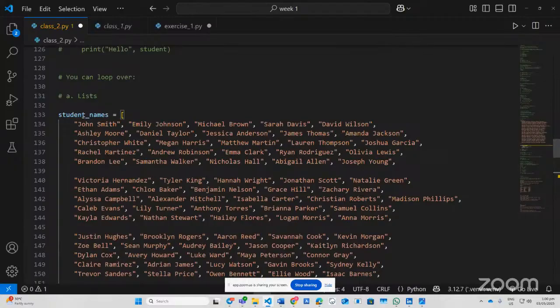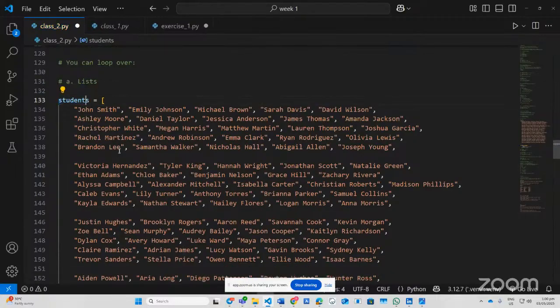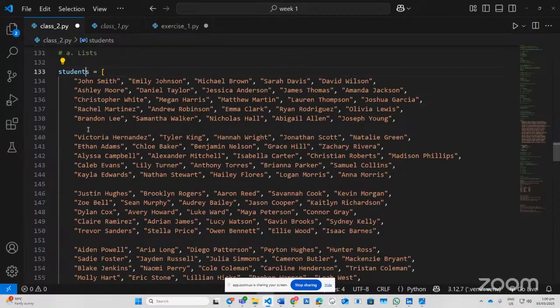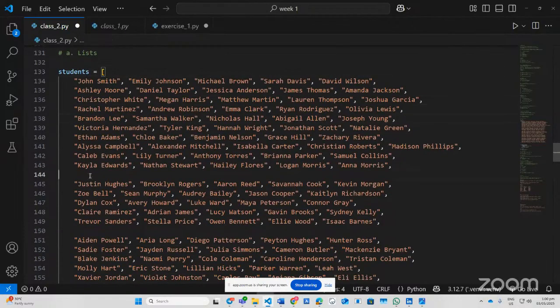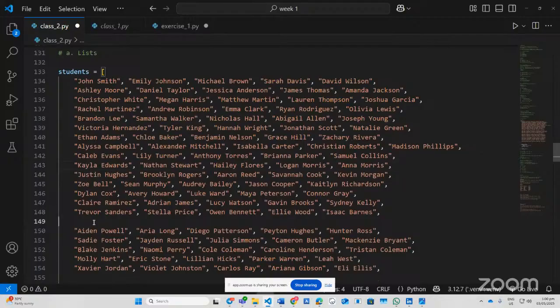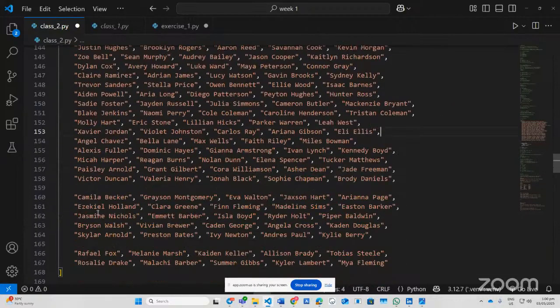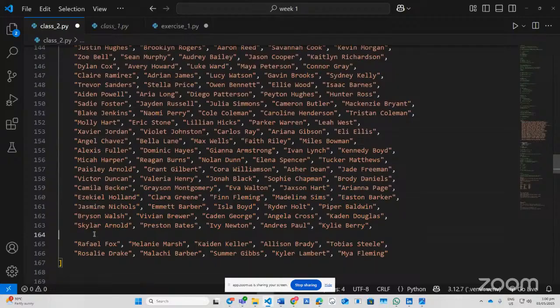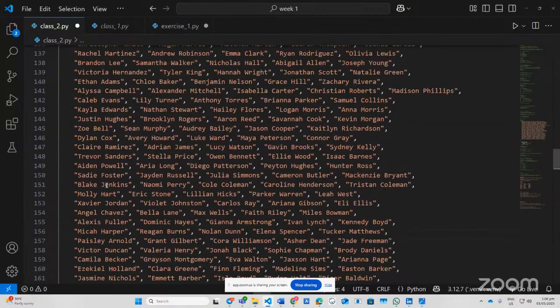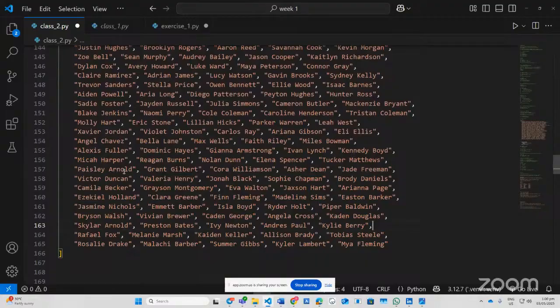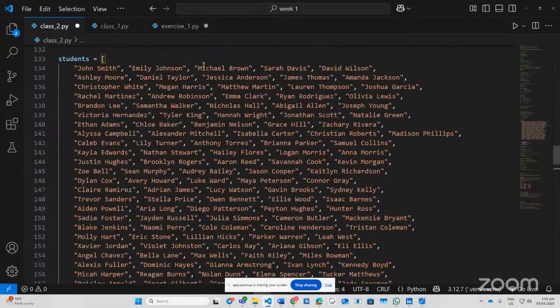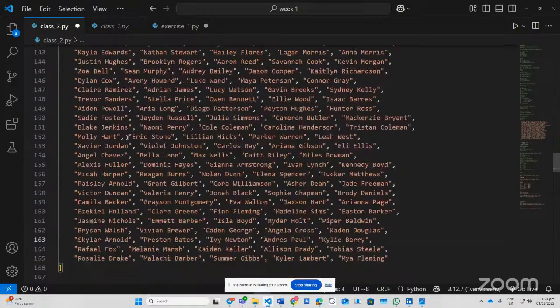So look at this now. Let's just make it students, to make it easier. So you have all these names, right? Look at how many names there are. I just wanted to show you why this is how the for loop comes into play. So you have all the names, and you want to loop through all these names, right? So normally you come in and say,